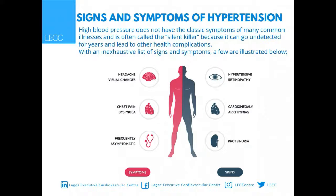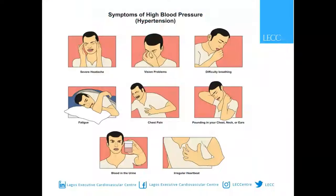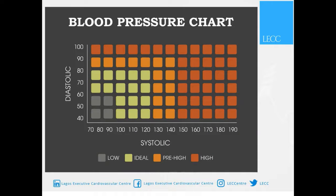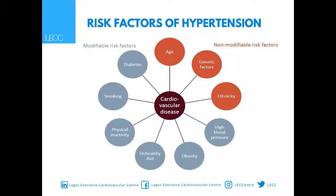For instance, headaches or visual problems. Sometimes we have headaches and we say, oh, I've been staring at my screen too much, or I'm stressed out, that is why I'm having headaches. We would mostly not check our blood pressure. Then there's chest pain, proteinuria, and a couple of other things. These are just more symptoms that we have. Fatigue and the like are other things. It's one of the top killers, one of the leading concerns globally, basically. So this chart lets us understand more about the figures that we see when we measure